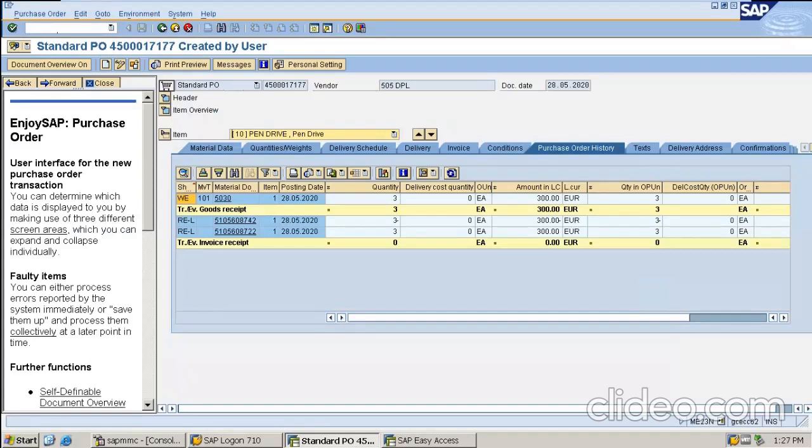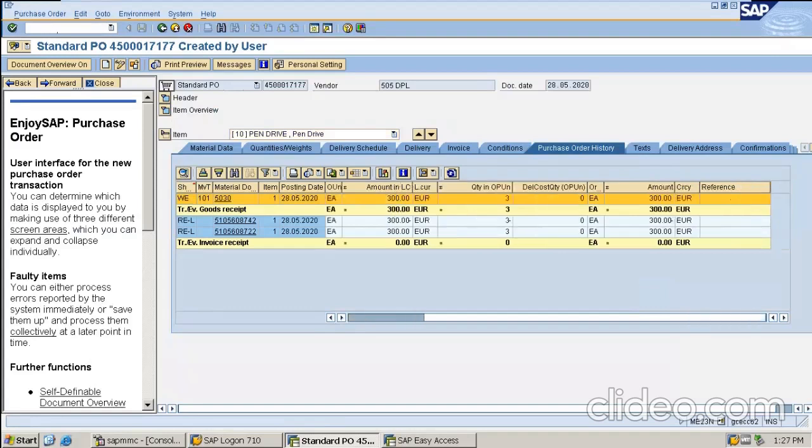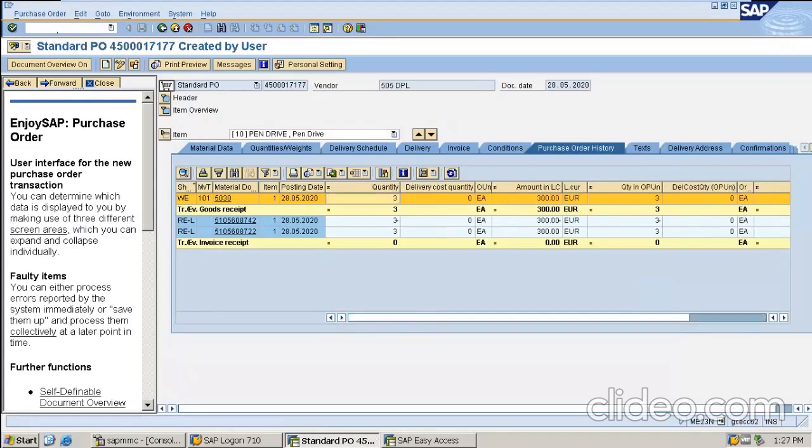Here goods received has been done with 300 amount and 3 units, means 100 was the price for each unit, multiplied by 3 units, that means 300 amount.